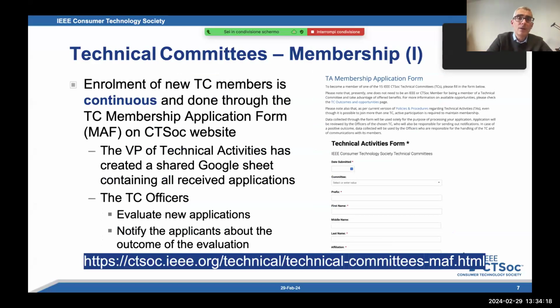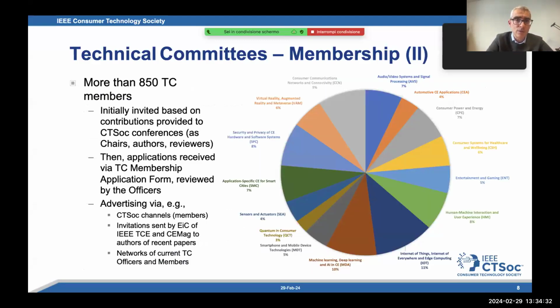There is a tab which is a membership application form, and be aware of the fact that you don't need to be an IEEE member at present to be a member of our technical committee. So you can exploit the opportunities offered by the technical committees even if you're not a member of IEEE. The size of the technical committees is not homogeneous. As you can see, there are larger and smaller TCs, but each of them is contributing to the growth of